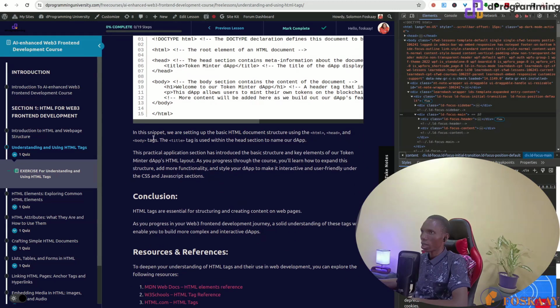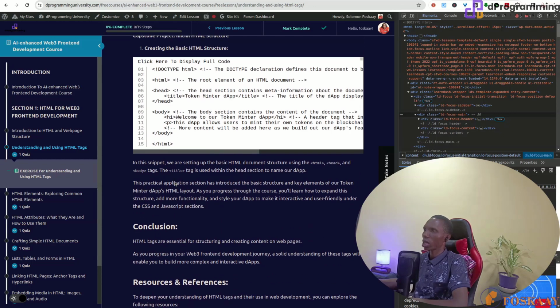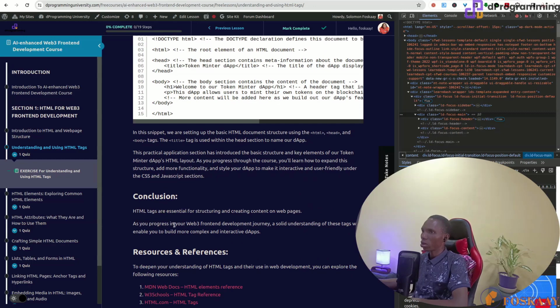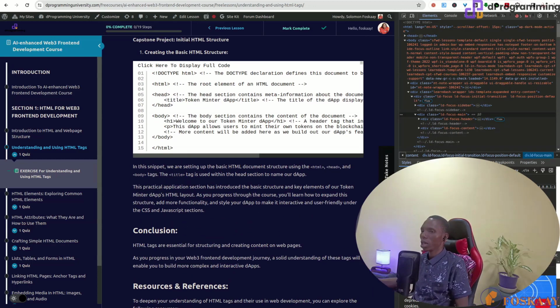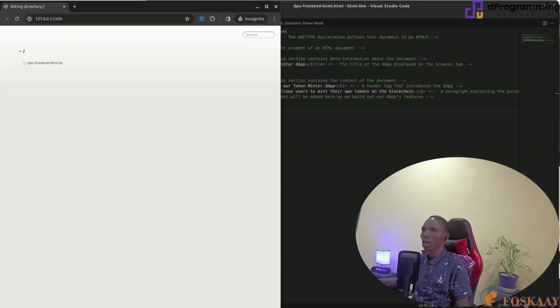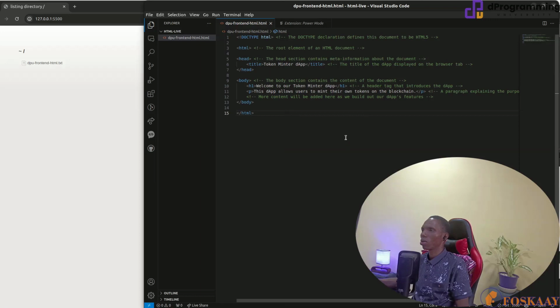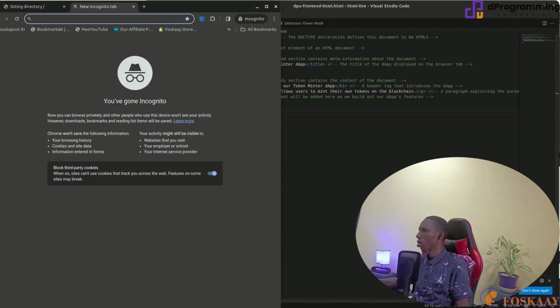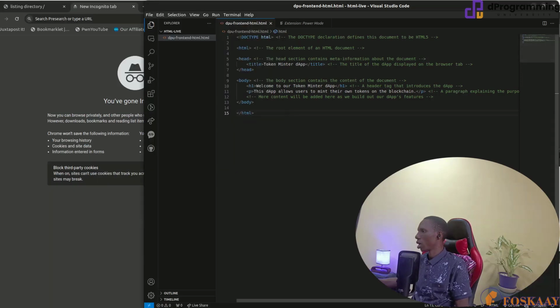So you can see in the snippets we are setting up the basic HTML document structure, HTML header, and some other things like that. HTML tags are essential for structure and creating content on web pages. So that's just it, you've seen it. It's the basic. Let's stop this, and then if I click Go Live again,